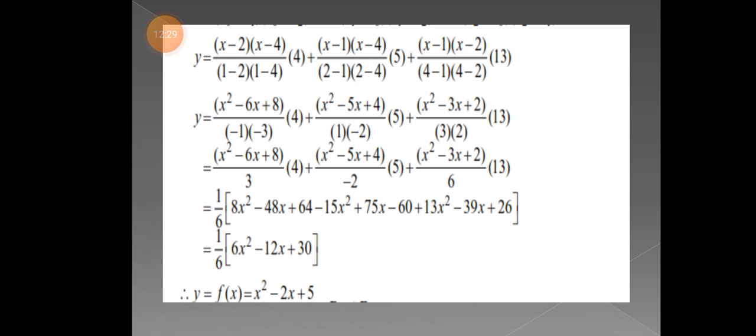Then that means, already we are having 4x square, so it becomes 8x square minus, we are having 24x, there we are multiplying 2, it will get 48x, plus already we are having 32, so there we will get 64. And then in the next case